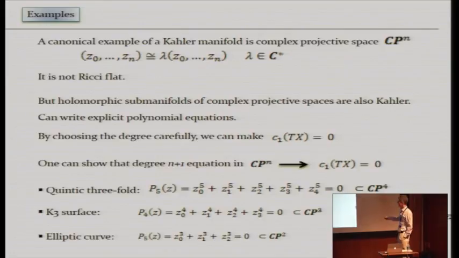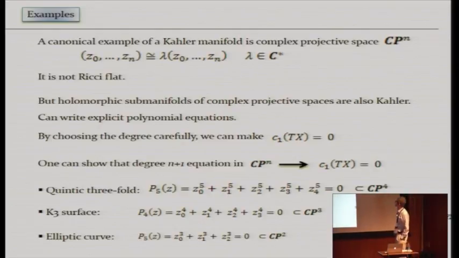Okay? So you just write down a generic degree 5 polynomial. I've written a special one here, the Fermat hypersurface, but you could consider deformations of this. Okay? And this is called the quintic for obvious reasons. It's of degree 5. Okay? And this is probably the most famous example of a Calabi-Yau threefold. Again, we don't know much about the Ricci-flat metric, certainly can't write it down explicitly in closed form, although we can approximate it. But by Yau's theorem, we know that there exists such a metric on the quintic.